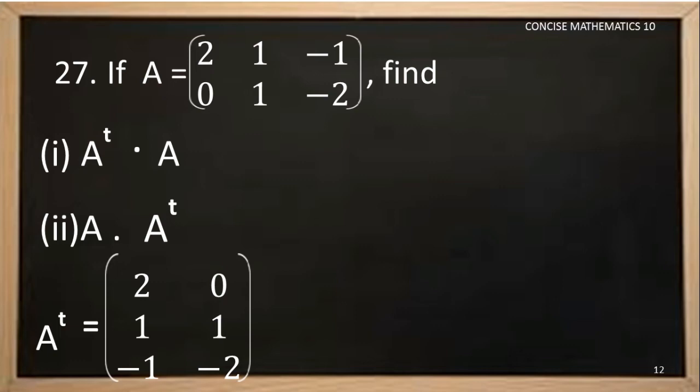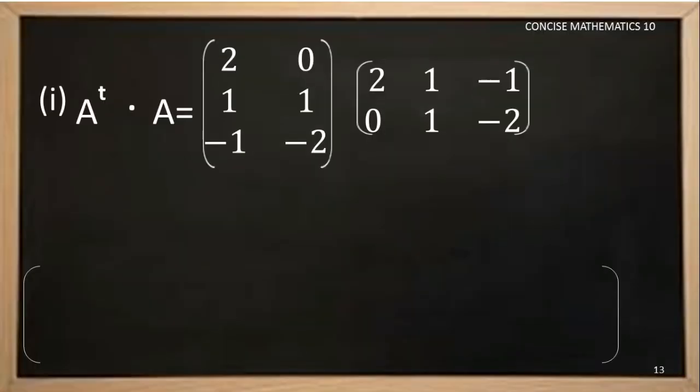Let us find the sub question, the product of transpose of matrix A elements multiplied with the corresponding elements of matrix A. Before we move on to the multiplication process, what we need to check, children, is whether it is possible, because both are of different order. If they are of the same order, we are very much familiar with doing the multiplication. But if they are of different order, it is necessary to cross check and to keep in mind what is the order of the resulting matrix. That is very much important.